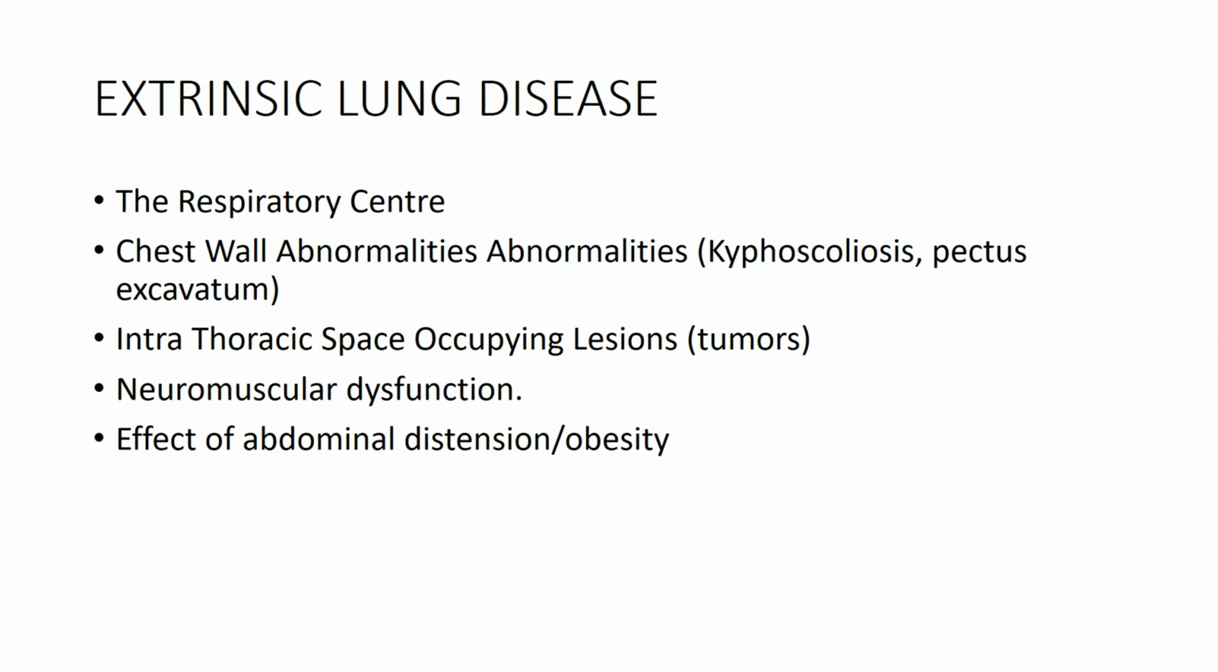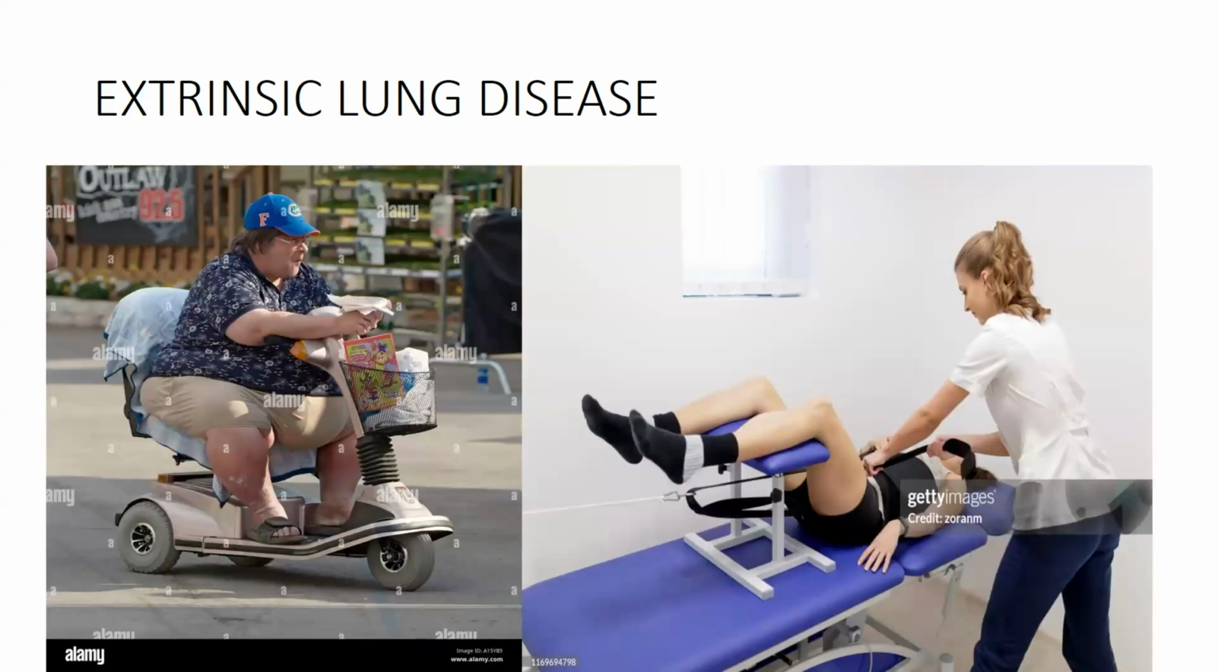Neuromuscular dysfunction may present locally or as a result of what's happening in the respiratory center. And then the effect of abdominal distension or obesity, as you can see in this image, is something that, as patients who manage critical care, we need to be mindful of, because the effect of intra-abdominal pressure on the mechanics of breathing is quite significant. And the sicker the patient is, the more we have to factor this in,